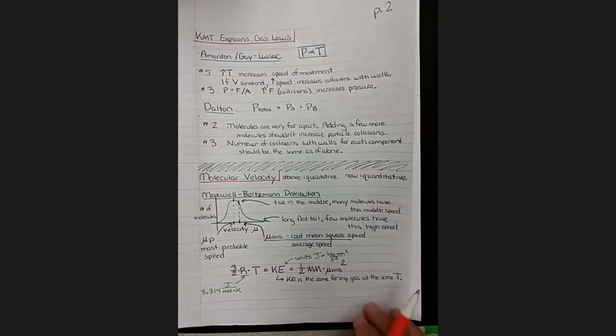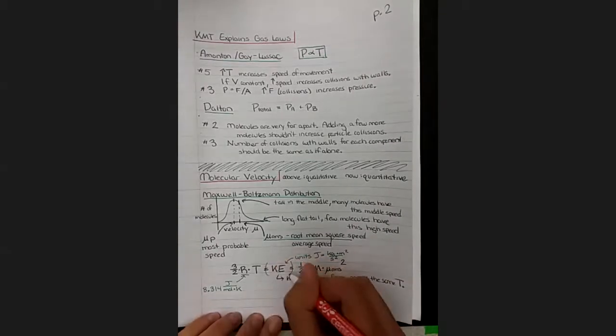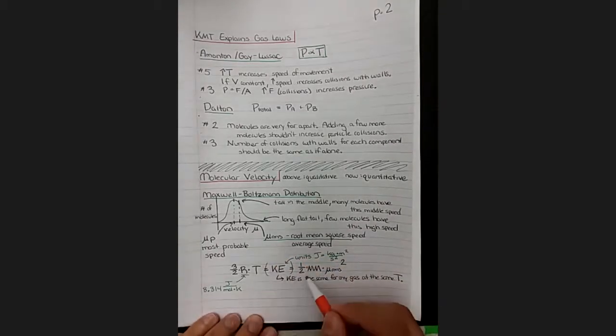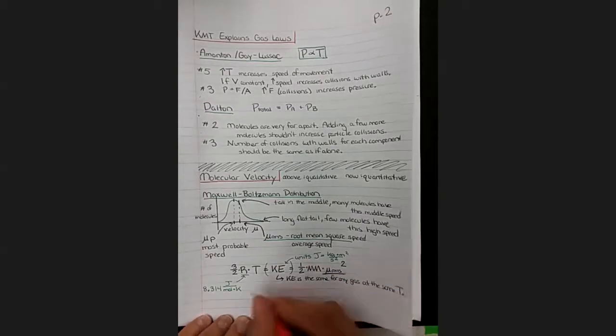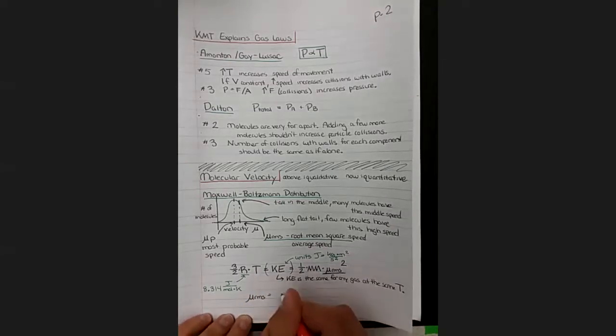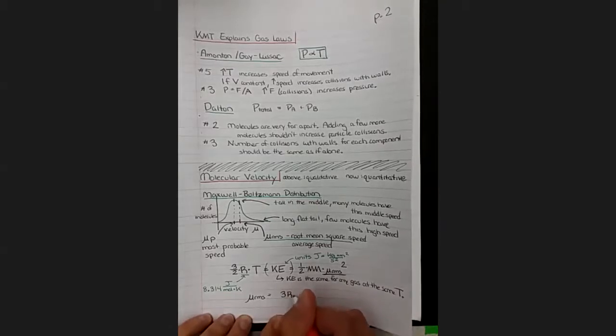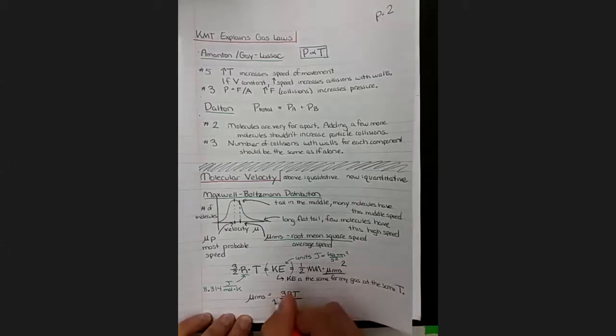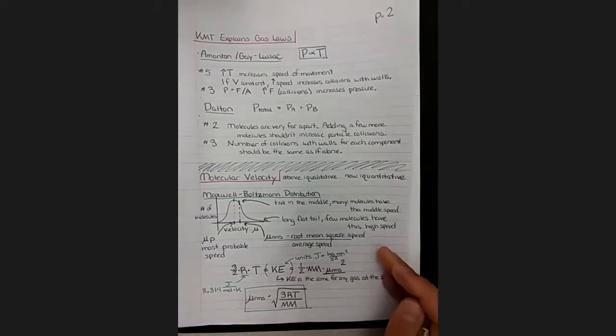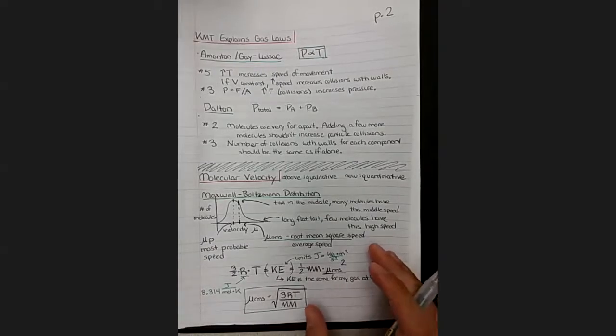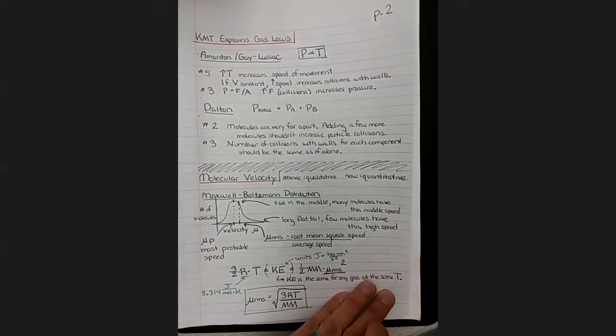Okay, so now we have kinetic energy and it's related to 2 different equations. So we can set those equations equal to each other to find a formula to express the root mean square speed. If we move those variables around, we get the square root of 3 times gas constant times temperature over molar mass. We won't be doing a lot of calculations with this, but it's going to give us some interesting information about the relationship of these variables.